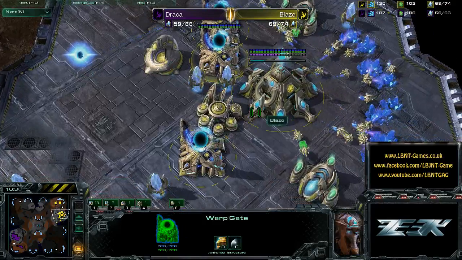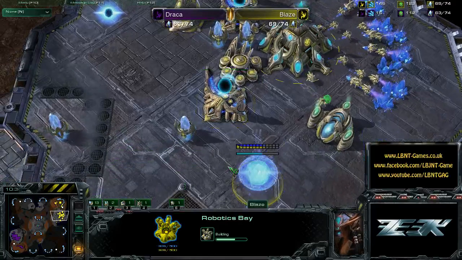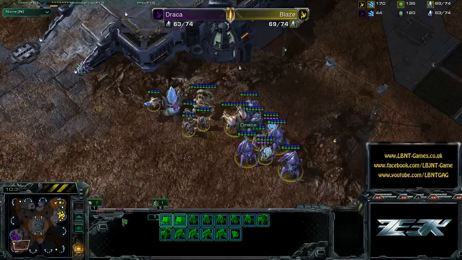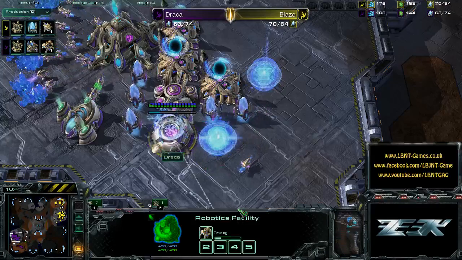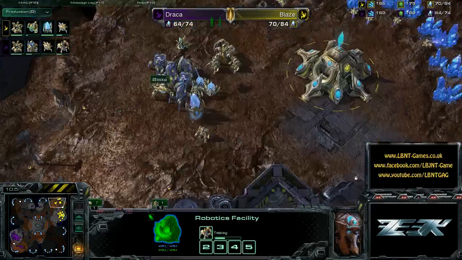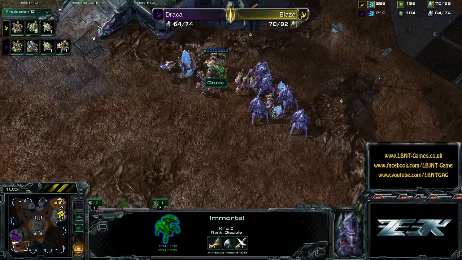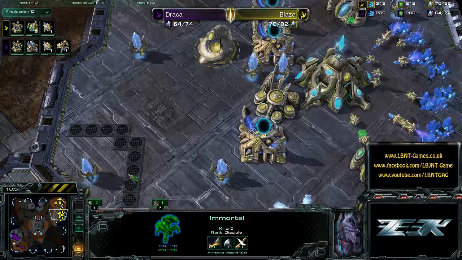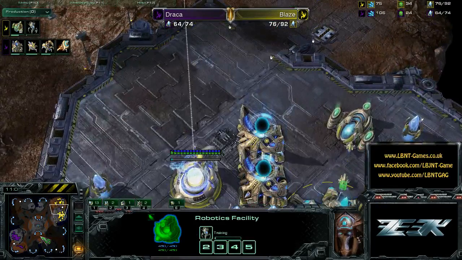It's gonna get 1 Colossus with range, I think. But this push is way too late because look, Blaze is getting his Robo Bay about the same time. So even with the expansion, he will be able to hold with warp-ins. Yeah, if Draka waits too long, the timing's going to shrink and shrink for him. But Draka is going to have the majority of Immortals. So we are